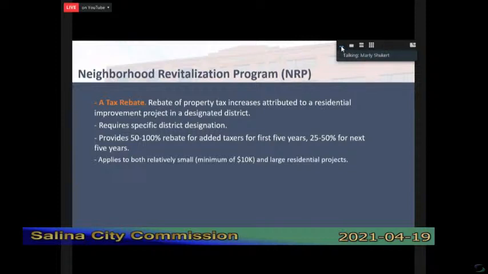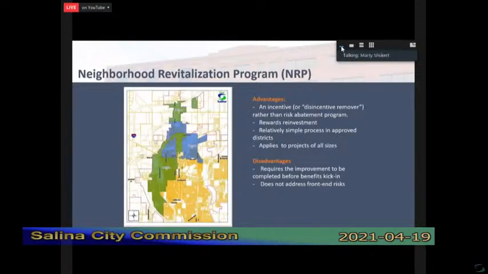So next slide. Those areas that are eligible for improvements in Salina. And again, I'm not telling the commission anything it doesn't already know, but there are 2 levels of areas. The blue areas have the deeper incentive, the green areas the lesser incentive, and the southeastern and central parts of the city are not eligible for this particular tool.